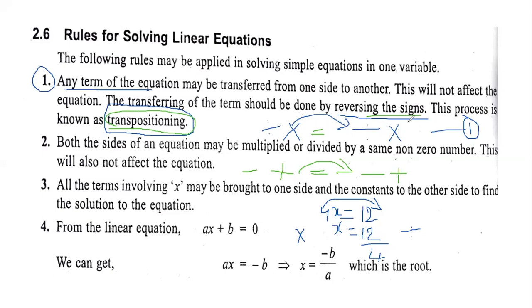Okay, now going on to rule number 2. Both the sides of the equation may be multiplied or divided by the same non-zero number. Suppose in the same equation 4x is equal to 12, I am multiplying the whole equation by 3. So what I'm supposed to do is, 4 3s are 12. Again 12 3s are